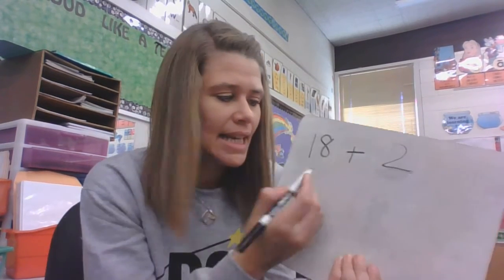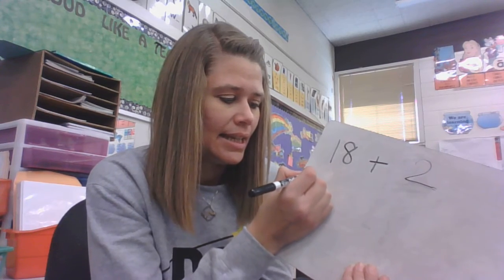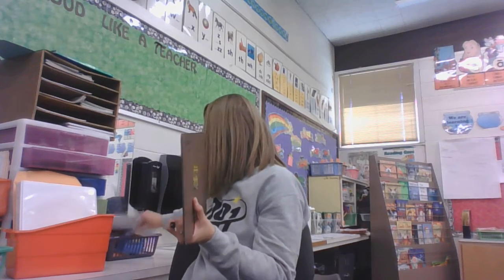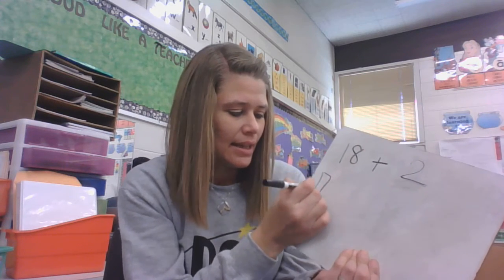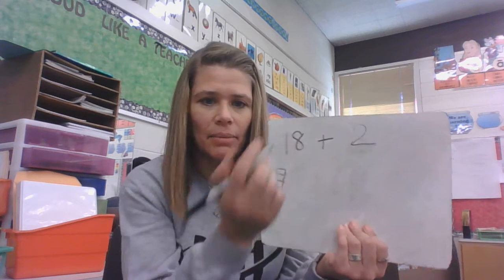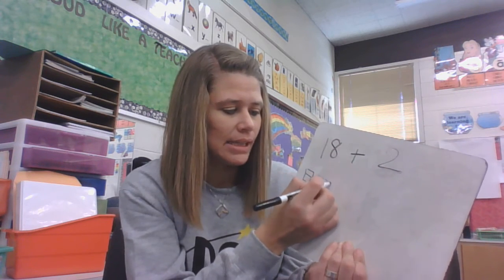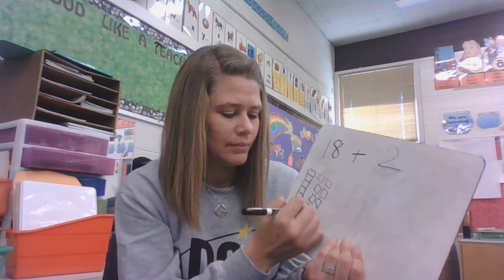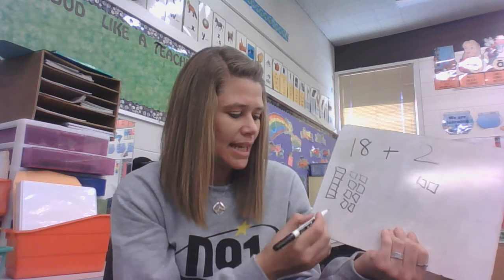You're right, 18 has my 10 hidden in it. So you remember our 10 sticks? I'm going to pull out that 10 and I'm going to just draw it here for you guys. So my 18 is made up of a 10 and how many ones? 8 little ones. So I'm going to draw my little ones, and over here I've got 2 little ones, right? Okay, so here's my 10,